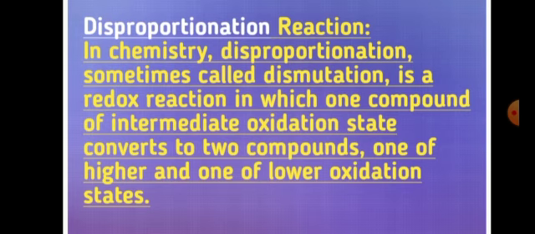It means that the oxidation level, or the number of oxygen, is going to be lower or it is going to be higher. So the number of oxygen is going to be high or it is going to be low. So that is your disproportionation reaction. Fine. And this disproportionation reaction is basically an exothermic reaction in nature, and it is called a dismutation reaction, and it is basically a type of your redox reaction. I guess you understood the definition for your disproportionation reaction.